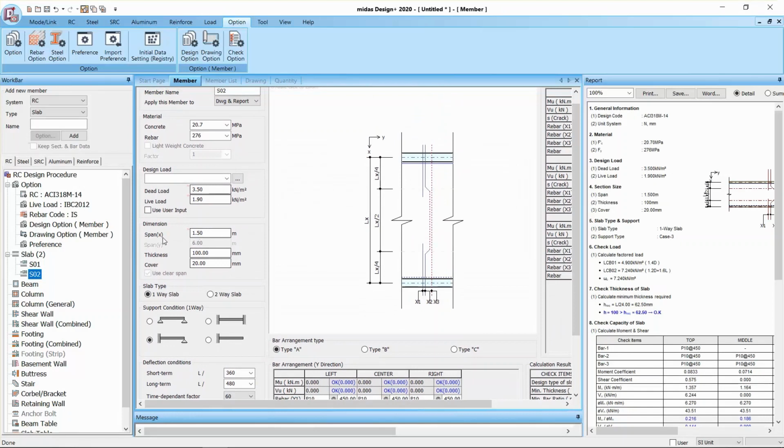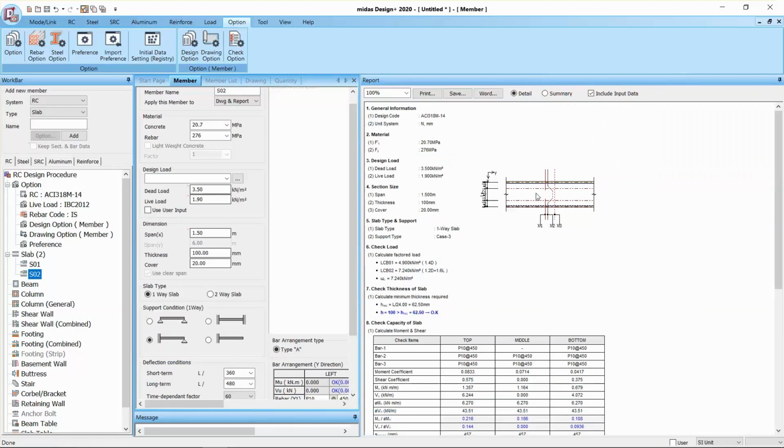So what we are going to input here is the smaller length, which is the 1.5, because from the PowerPoint presentation it is a 5 by 1.5 meter slab, so the 5 meter is along this direction, and the length to be considered is the width of the shorter direction of the slab, so that is the 1.5 meter. So let's see the results